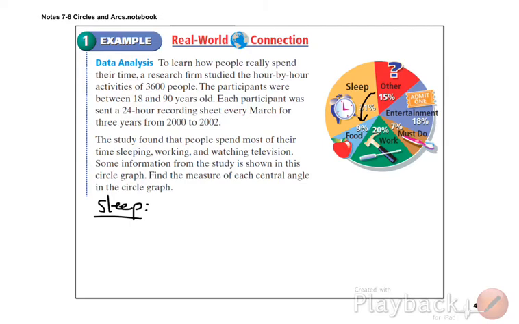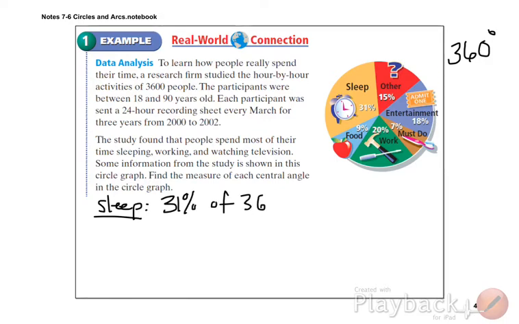To figure it out, we have to use the percentage. I know a circle is 360 degrees all the way around, so I calculate the percent of 360 to figure out the angle that section represents. Sleep would be 31%